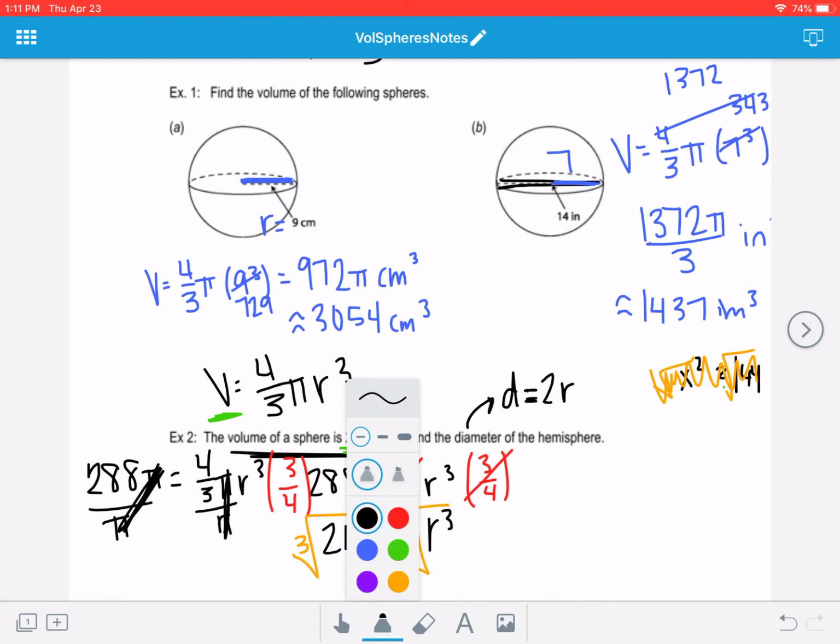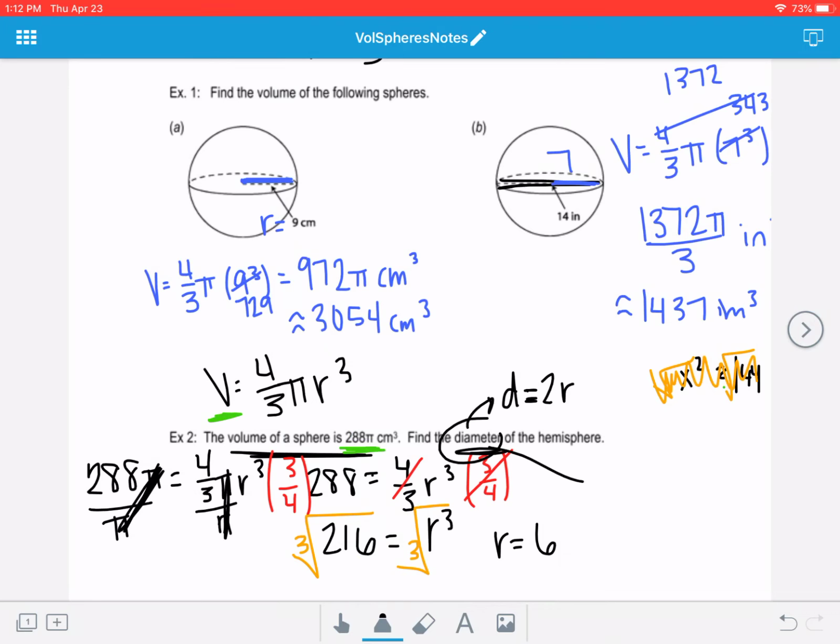But the cubed root of 216, you guys, is 6. Meaning 6 times 6 times 6 would get you 216. So there, we know that the radius is 6, but we want to find the diameter. So to find the diameter, we're going to take 6 times 2, which is 12, and we have a diameter